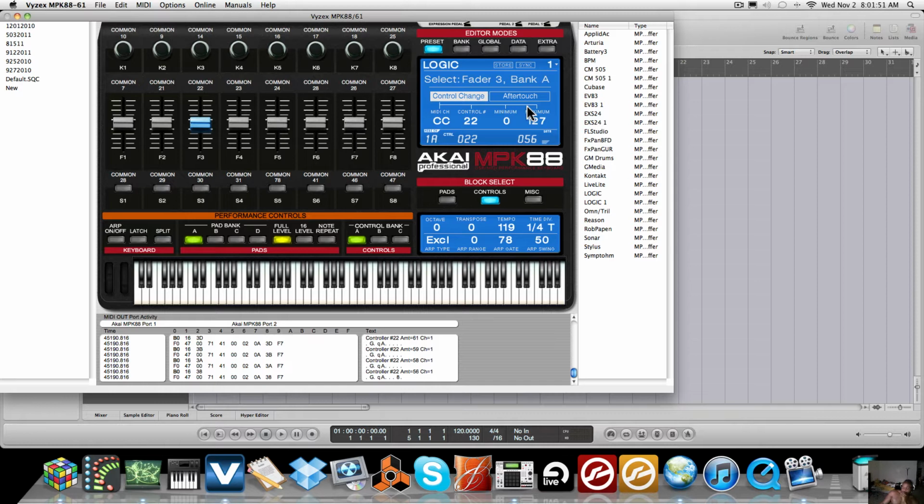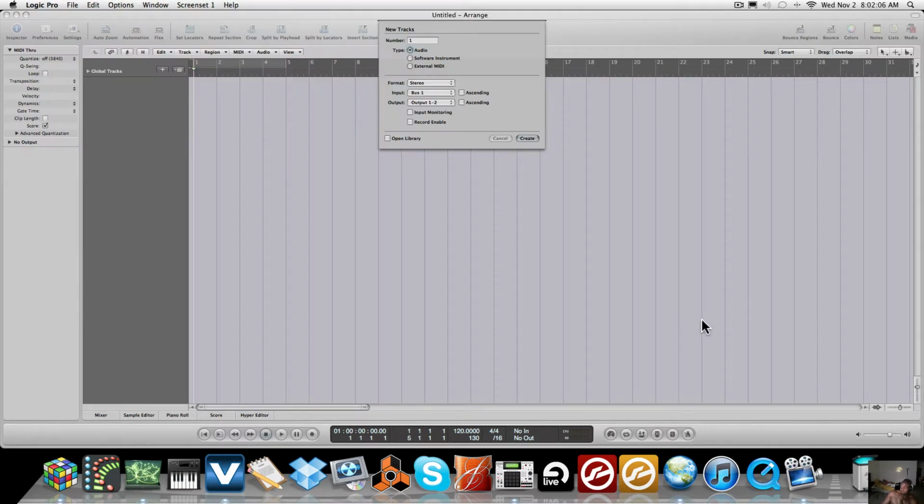All right, so basically, this is a tutorial on how to set up the faders and knobs on the MPK or MPD to the controls and faders in Logic. The practical application is mixing, but a little trick that you can do is, if you're